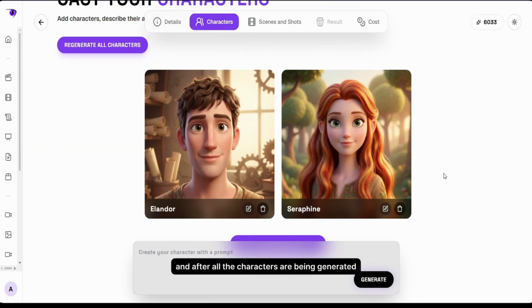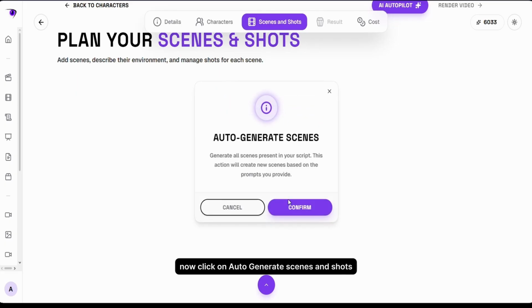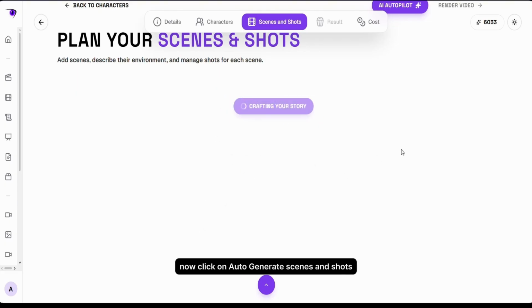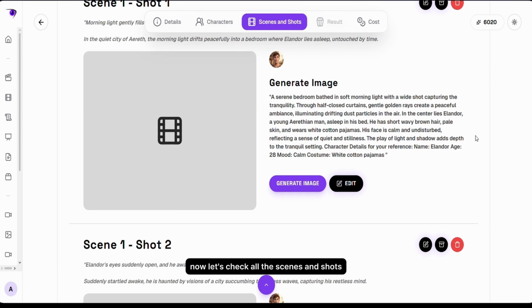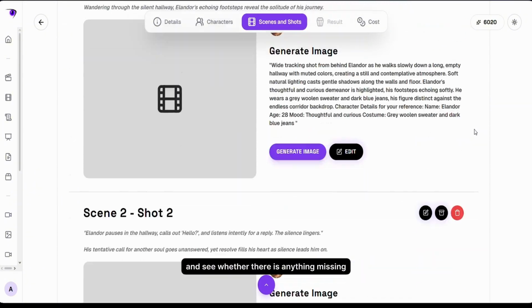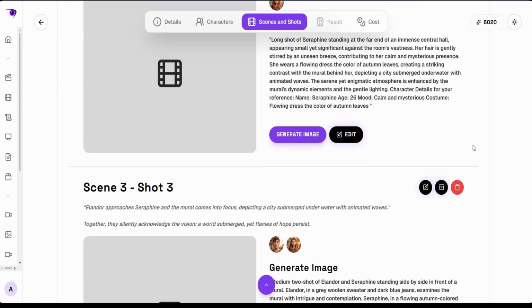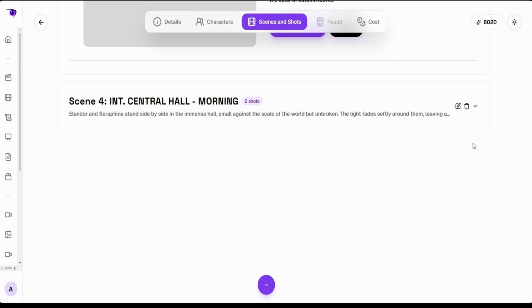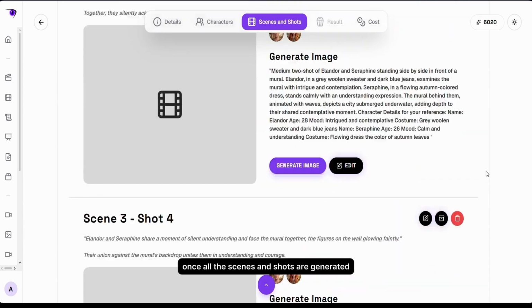And after all the characters are generated, we'll now move on to the Scene and Shots tab. Now click on Auto-Generate Scenes and Shots. AI Tiger will take a few moments to break your story into a screenplay. Now let's check all the scenes and shots and see whether there is anything missing. Once all the scenes and shots are generated,